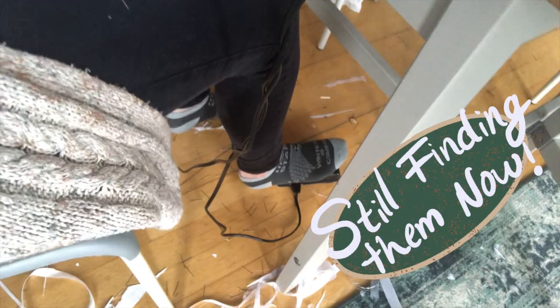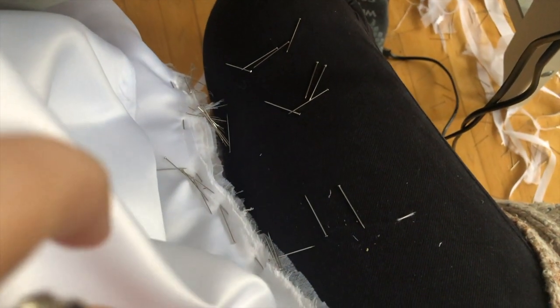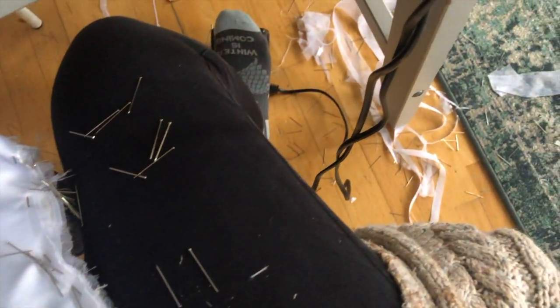My nightmare happened. The pins are everywhere. They're quite literally everywhere. Oh no. Now the question is, do I finish this sewing and then pick them all up? Or do I,